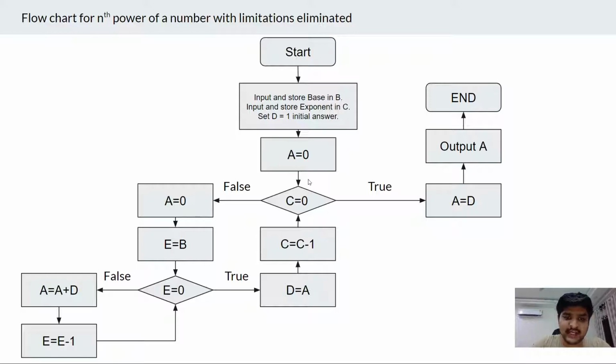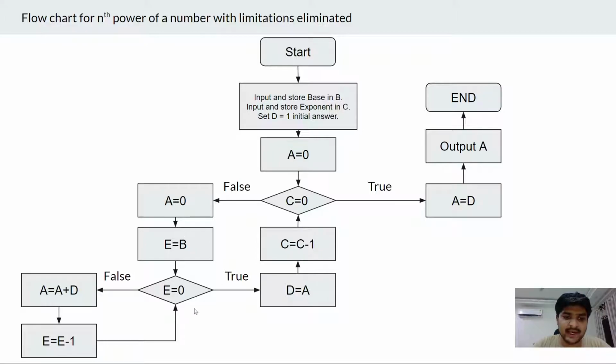Now let us check if base is 0 and exponent is not. So suppose base is 0, then we come here, C is not 0, so we will go in this direction, and A will be set to 0 and E will be set to B. So we are taking B as 0. As we are checking this condition initially instead of at the end, this loop will not run and it will go directly in this direction.